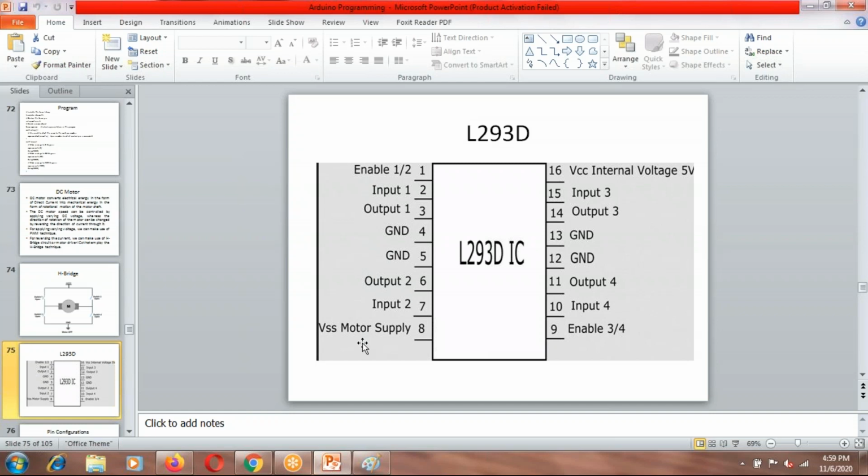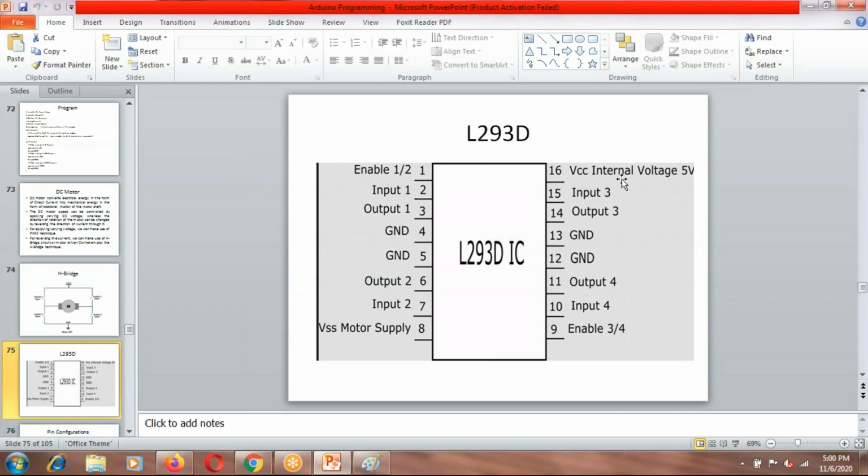You have to make some other connections, like for VSS you have to provide a battery at pin number 8. A 9-volt battery will be sufficient. And then also, to turn on this IC first of all, because every IC has a VCC and ground pin through which it gets its power, you need to connect the VCC pin, which is pin number 16, the last pin of this IC, to 5 volt.